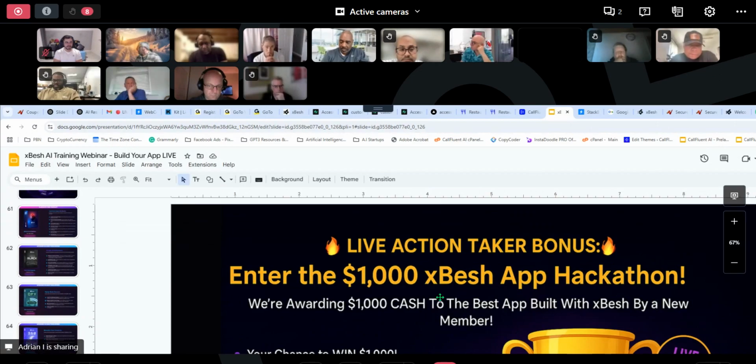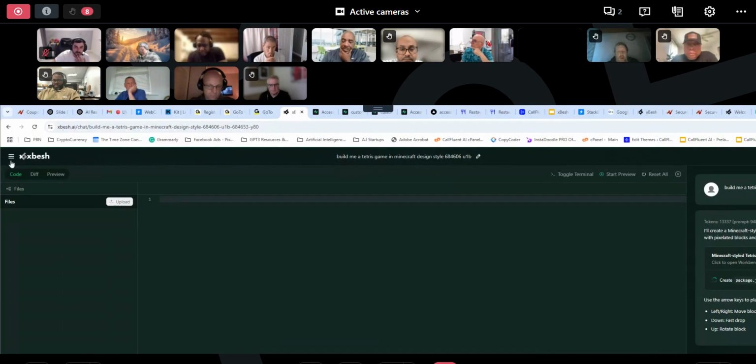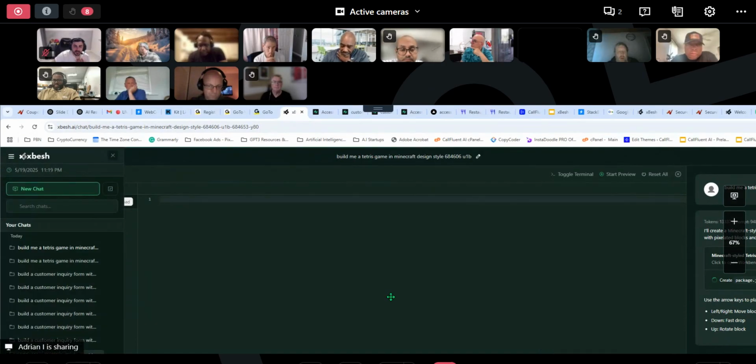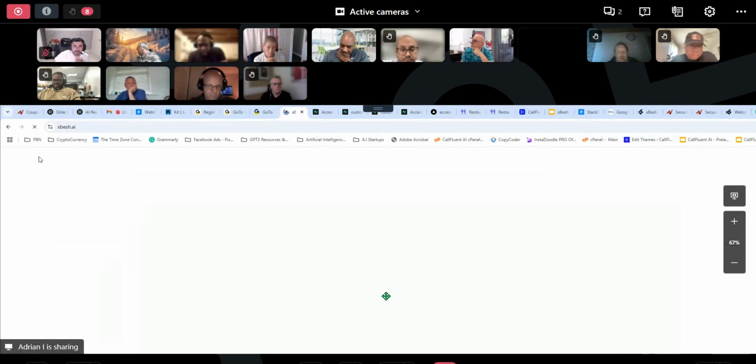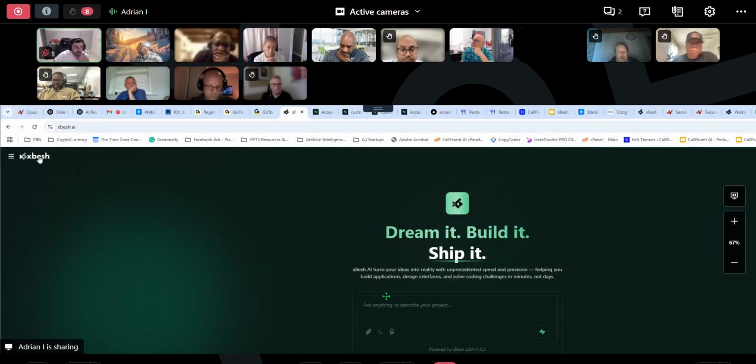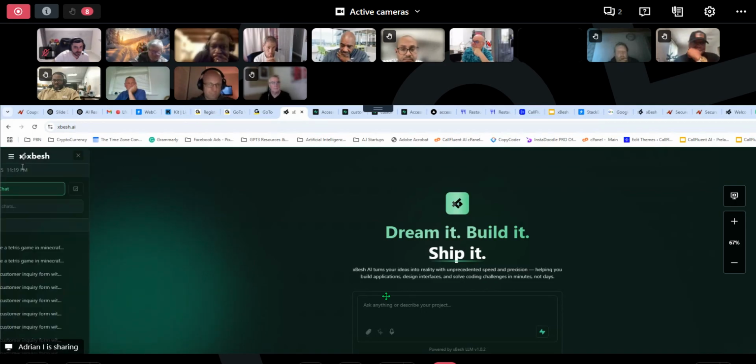And the other thing is you've got the Xbesh icon on the top left. When you click on there, when you do your program, for me, it loses everything that's on the screen and it doesn't get it back. And again, you have to ask it to rebuild. Are you using Xbesh in incognito by any chance? No, I'm not. I've tried it on different browsers.